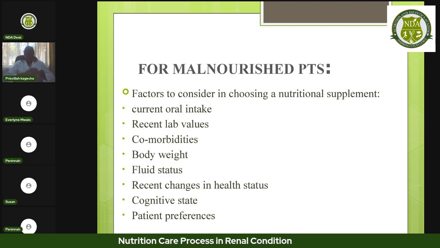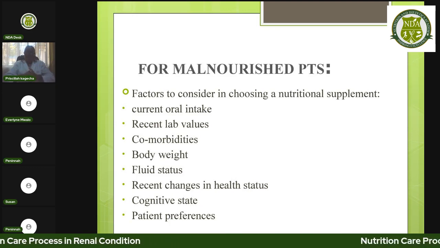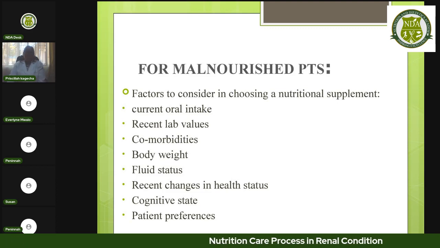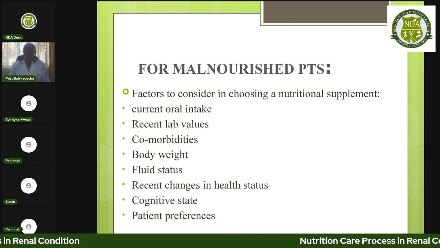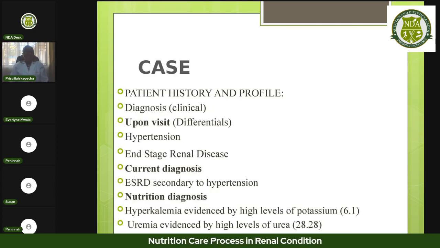And for us to understand better, we have a case study where we have a patient who is male,